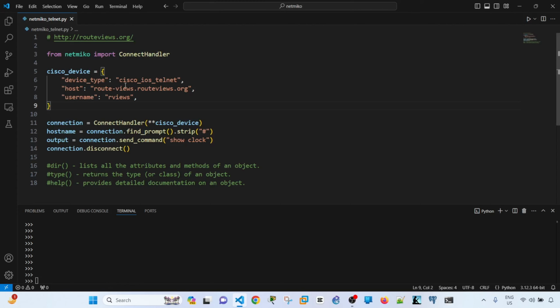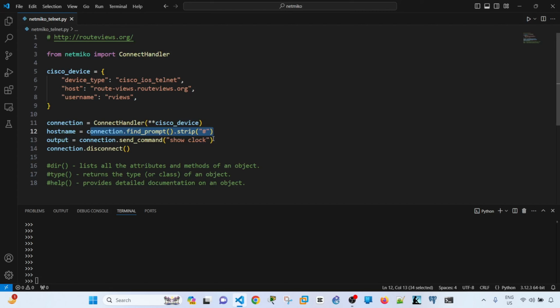This is to represent the Cisco device in this case, and I'm using ConnectHandler to connect to the device, and storing this connection object into an object called connection, and here I'm just calling the find prompt method and